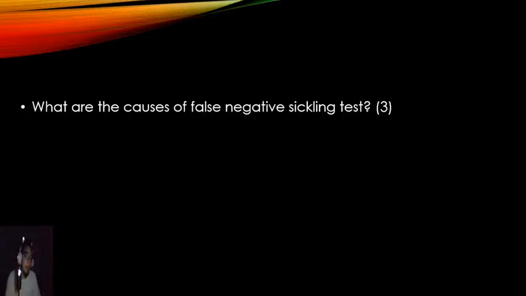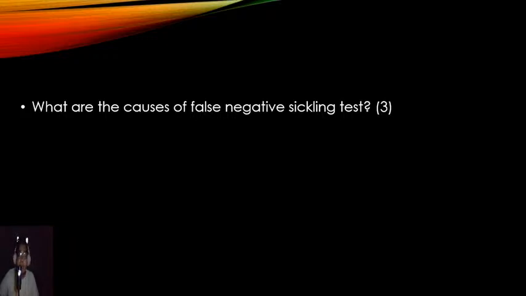Okay, infants would usually have high amounts of HbF, or trace amounts of HbS, and therefore they shouldn't be tested in their first few weeks for sickling tests. All right, and patients with sickle cell